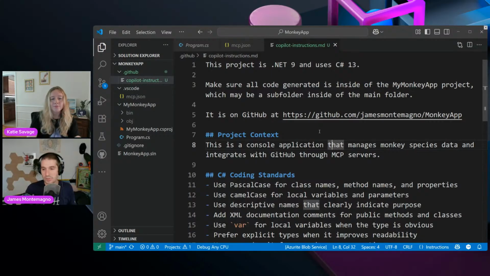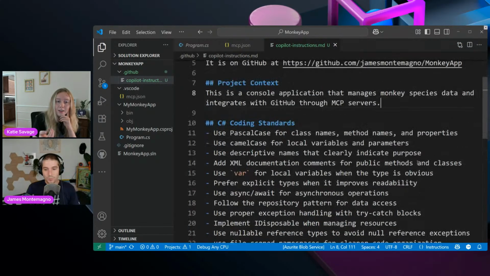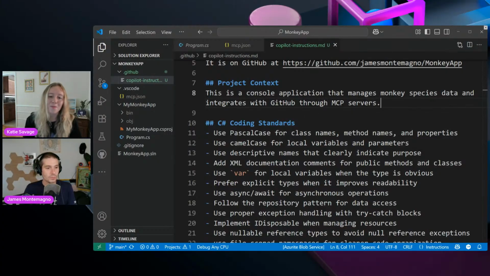Then it always knows. That's just a James thing. It never hurts to be more specific and give more context. You can also see there that James is putting some project context, the different coding standards that he wants, any suggested code to follow. These things are just helpful to make sure that you're getting exactly what you want at the end of the day.